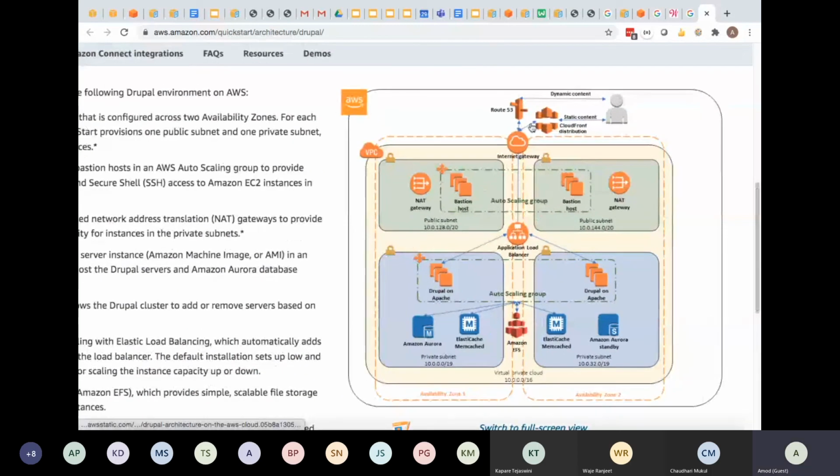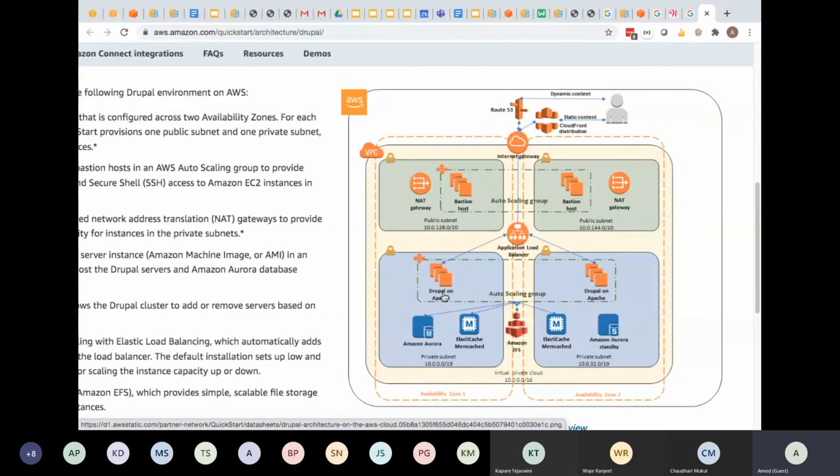now we have a similar structure also. We have AWS, we have Route 53 we just saw. We have not looked at CloudFront per se, but we have this VPC structure, Internet Gateway. We have this concept of public servers, which are also called Bastion or Jumpbox. The NAT gateway is used to allow traffic from the private instances to the outside world. Then there are the application load balancer and auto scaling group, and here if you look at this Drupal, the way